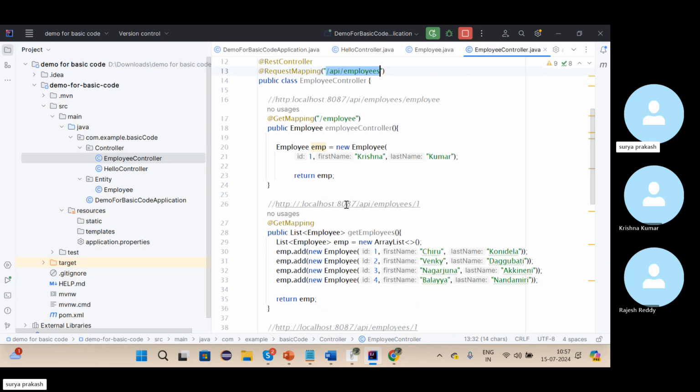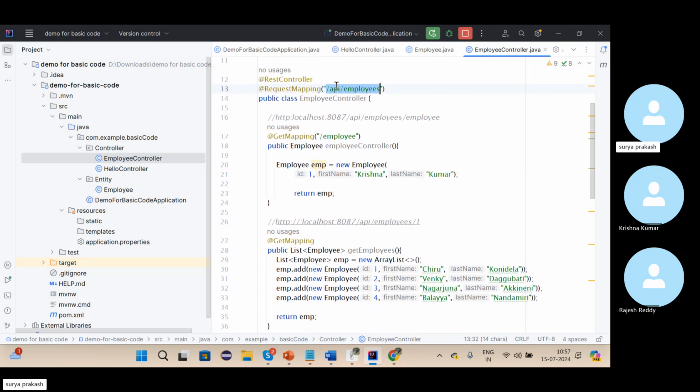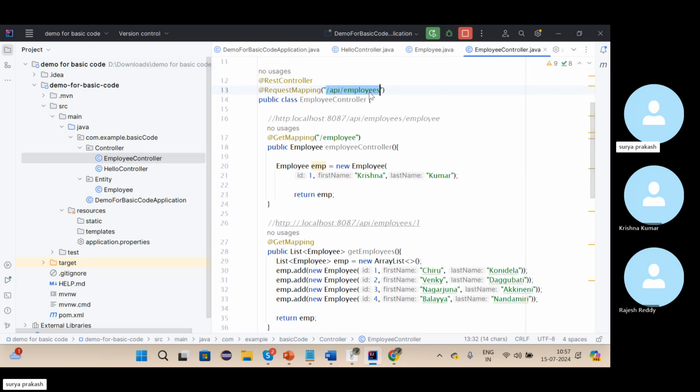Okay, we don't need to use it on every HTTP method. Once we annotate with @RequestMapping /api/employees, this API